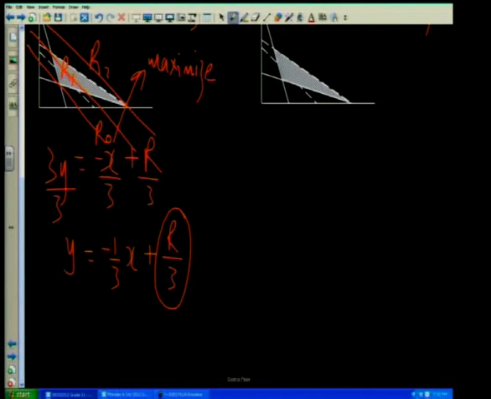You translate your objective line upward if you're maximizing. And it's not always going to be that it touches at that point. You could have a revenue function that has got a gentler slope. It's important, therefore, to say if you have a feasible region like that,